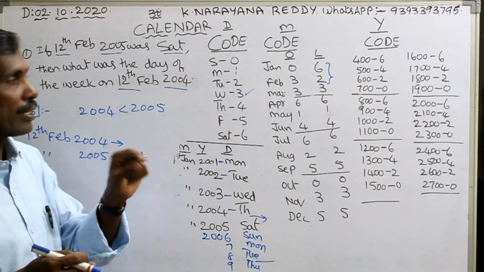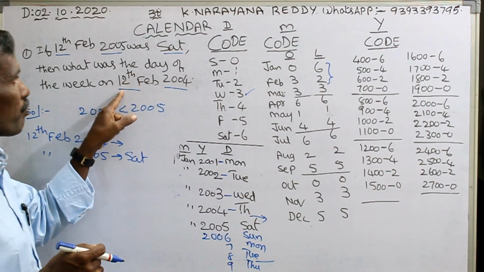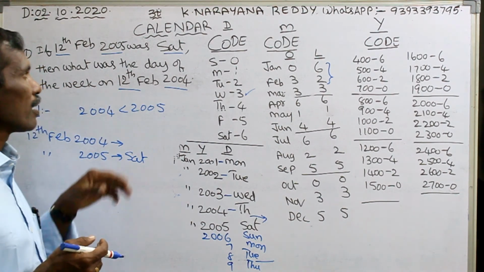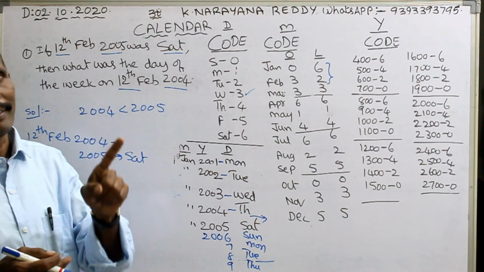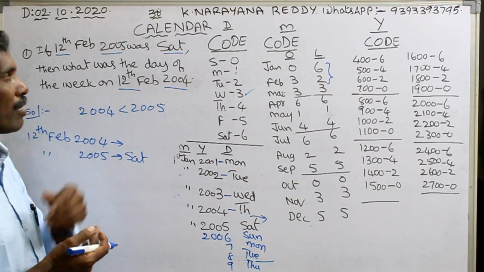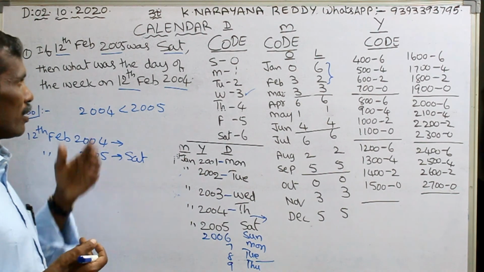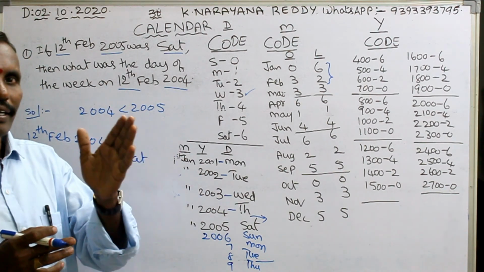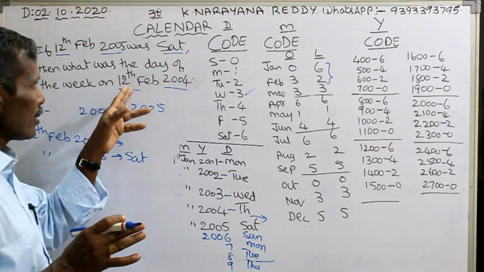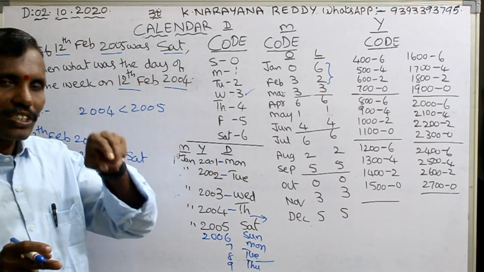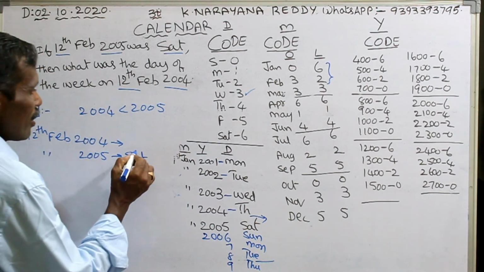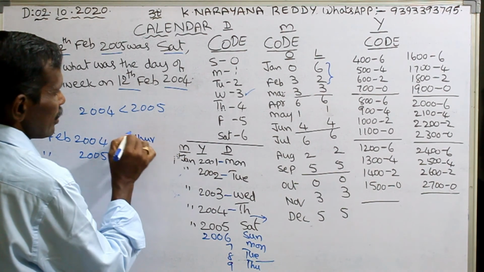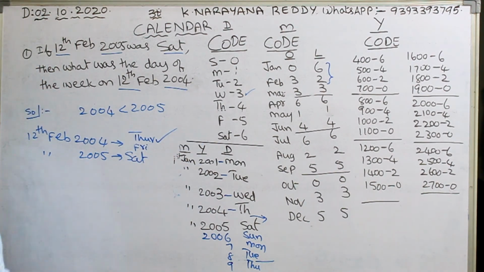Otherwise not a leap year. But here, please observe, 12th Feb. We are counting the days from 12th Feb, meaning it definitely contains 29, because Feb is not completed in 2004. Approximately the middle, generally. 12, 13, 14, 29, last date. But Feb is there. That is why you are taking consideration of 2 odd days. That means Friday. Next one is Thursday. That's all. That is the answer.